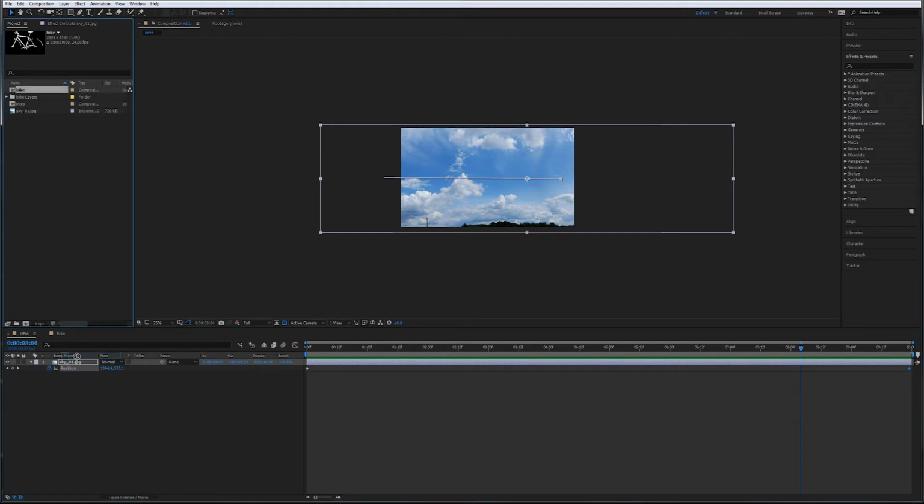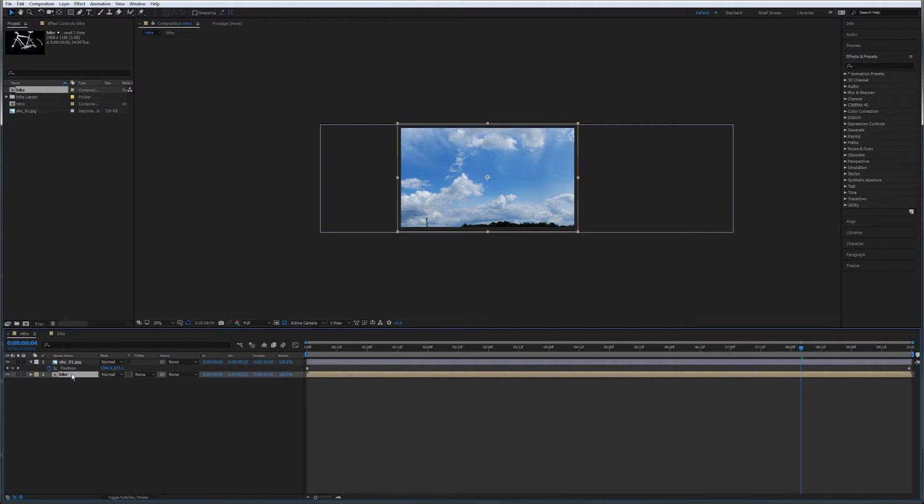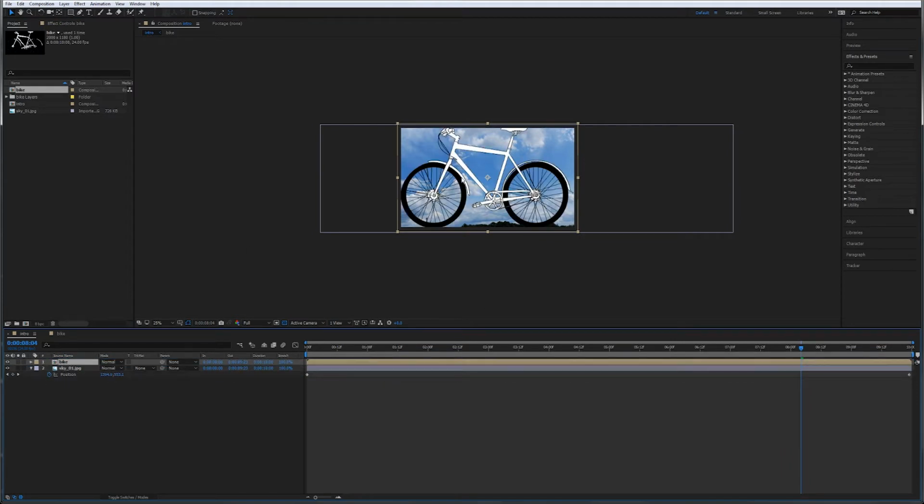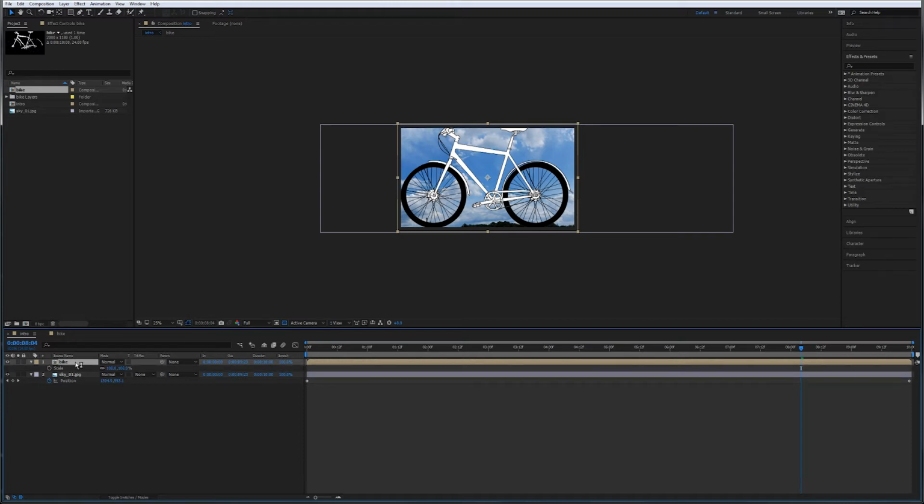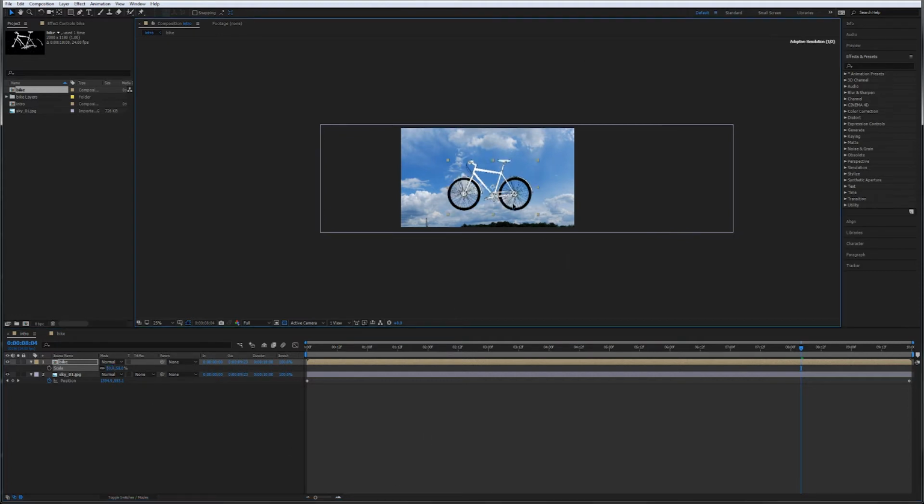So I'm going to put my bike on top of my sky, otherwise I won't be able to see it. If I put it here, can't see it because it's behind the sky, so let's make sure it's above the sky, and there's my bike, and it's a little bit big. So the first thing I'm going to do is scale it down, and again a shortcut to get to scale is S, and then the scale turns up. Now I don't need to keyframe this, so I'm just going to alter the value, so I'm just going to turn it down. You could type in a number and that will accept it, and just move it down. So I'll move it down to here,